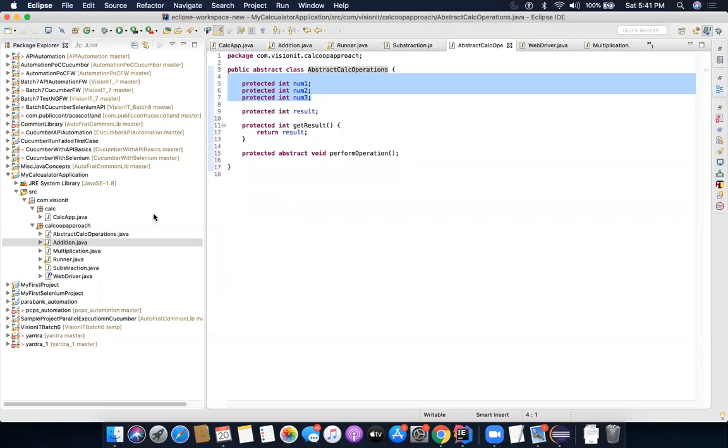Tomorrow we are going to enhance it further so that it would accept multiple numbers: 2 numbers, 3 numbers, 4 numbers, 5 numbers. So we'll try to implement arrays here. Arrays are important to learn because you can manage multiple variables using a single reference. We'll definitely learn arrays tomorrow, maybe not collections. And when arrays come into the picture, we also have to learn how to loop over them. So looping and arrays is our agenda for tomorrow.